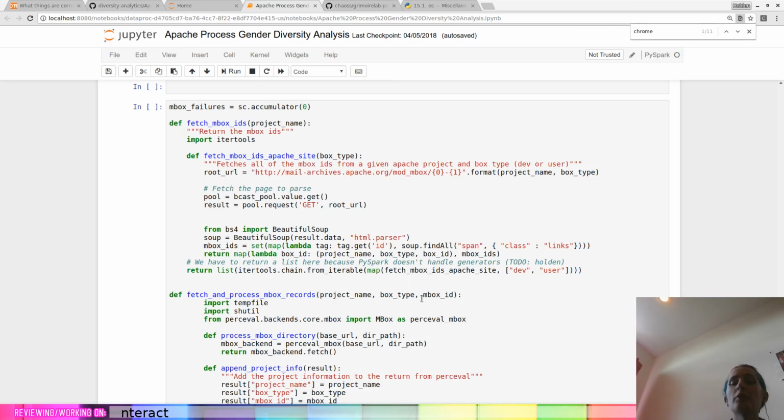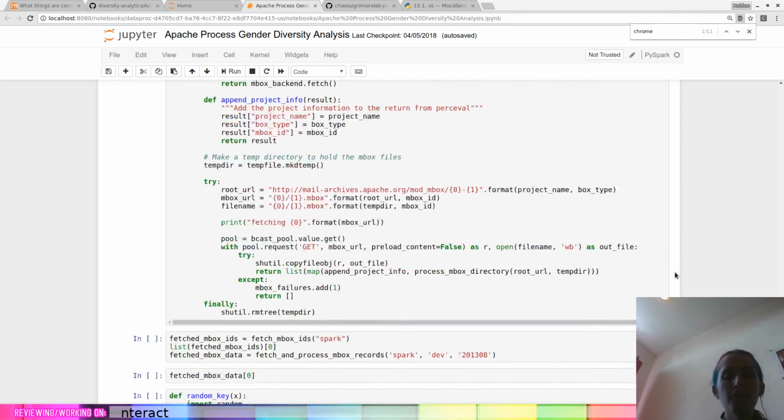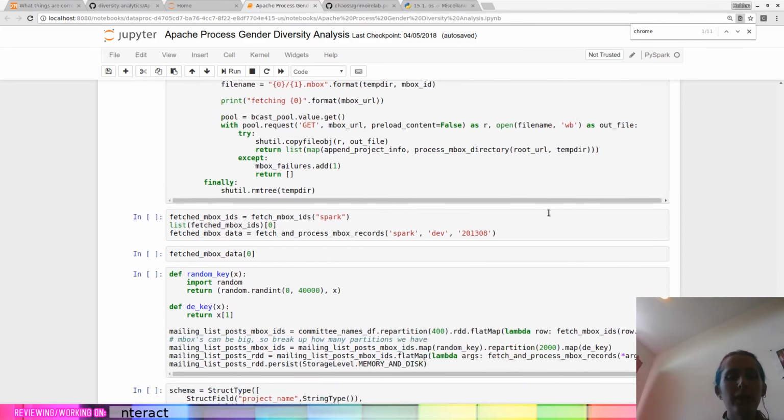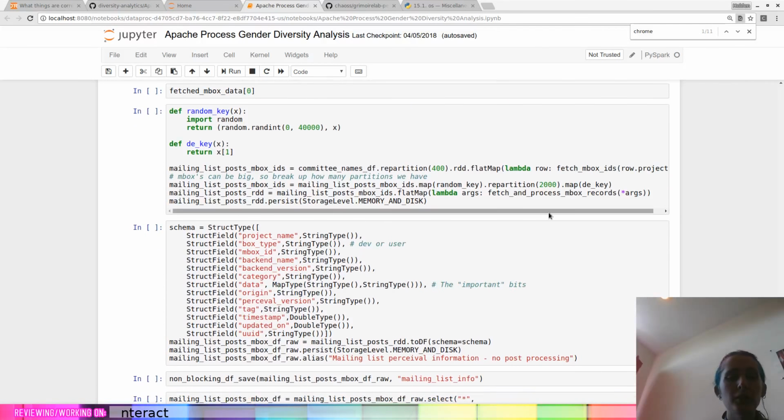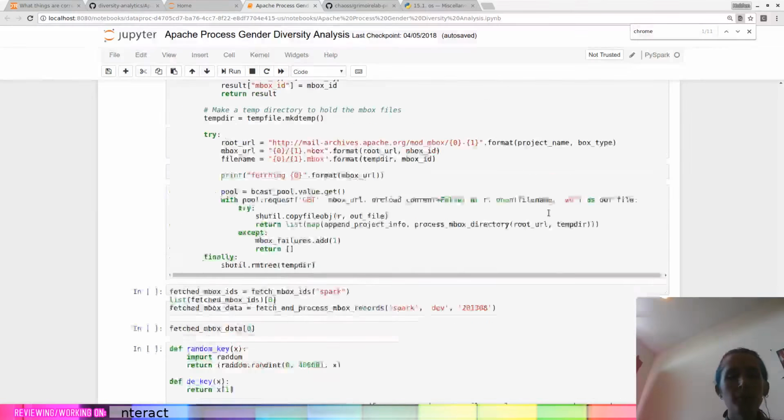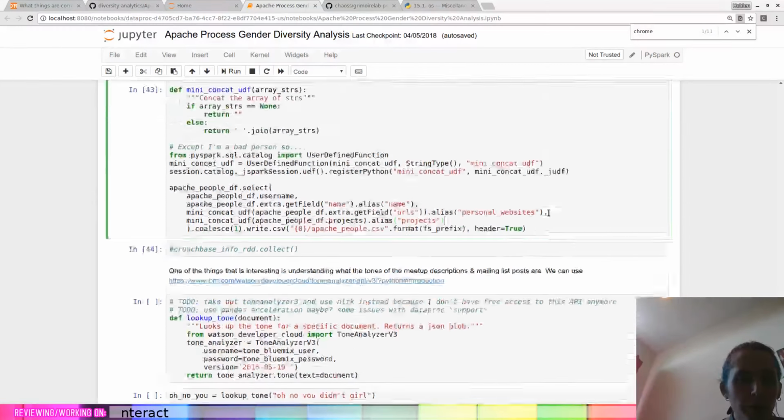And sometimes what I've heard from certain projects is that some developers have looked at a project's mailing list and been like, oh no, this is not the community for me. So I'm really interested in seeing if maybe different tones or communication styles on the mailing list are correlated with different amounts of gender diversity. That being said, we're going to put that one aside for now, because the mailing list stuff is cool, but not the part I want to do. I want to focus on my GitHub data.